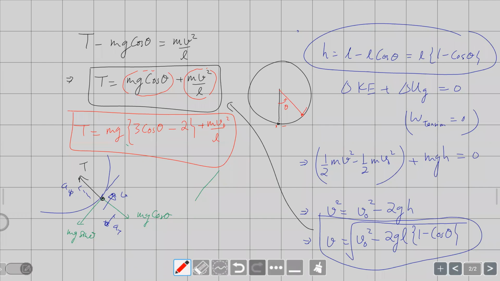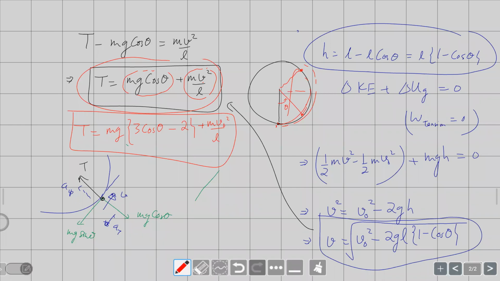Then another interesting thing we'll see is how we can give a certain amount of V naught so that it crosses the 90-degree position, but somewhere here the string becomes slack. So the particle falls into a projectile motion. You'll understand intuitively that the string will never become slack between 0 and 90 degrees. The particle can stop, but then it will return back without the string becoming slack. That is because of this equation. See, in this equation, even if d is becoming 0 at some point, you have the mg cos theta term. But we'll see that once it crosses the 90-degree threshold, we rewrite this equation and the relationship is a bit different.